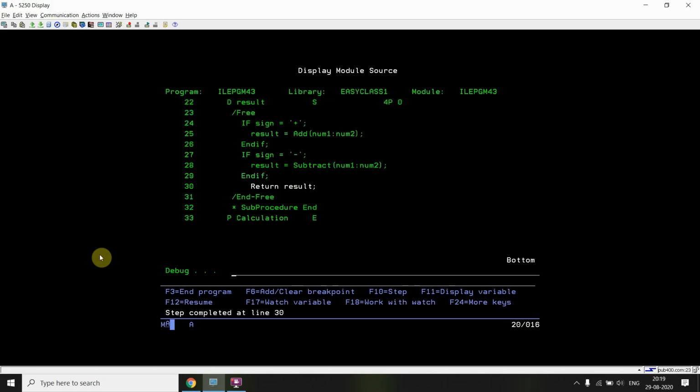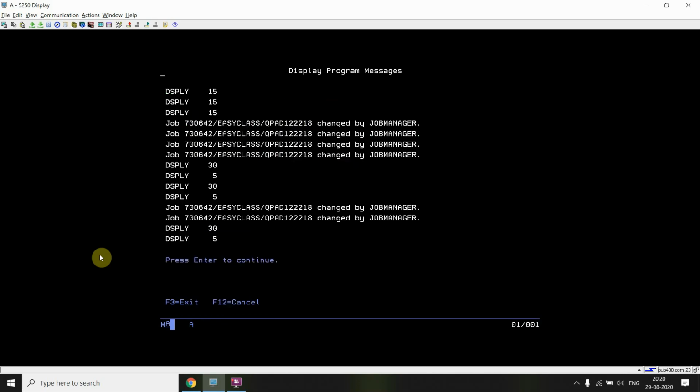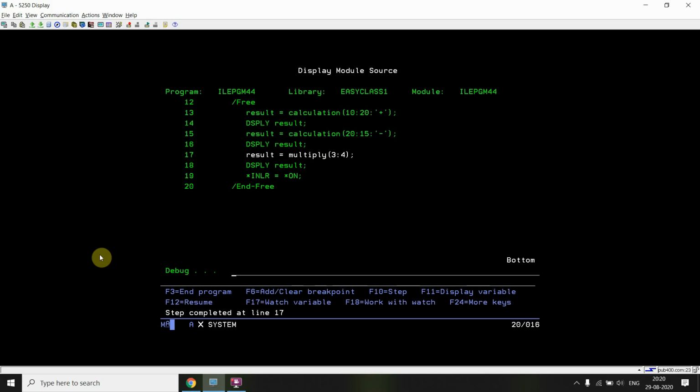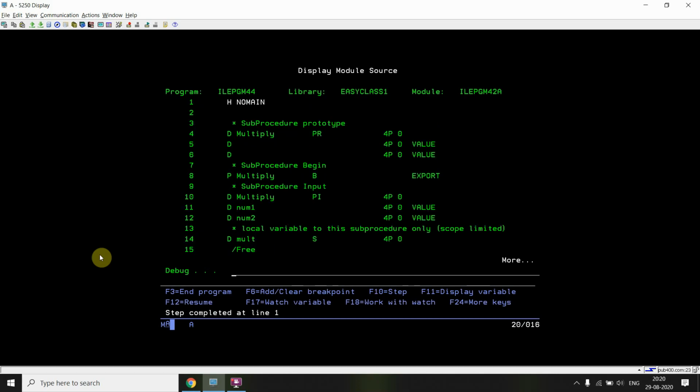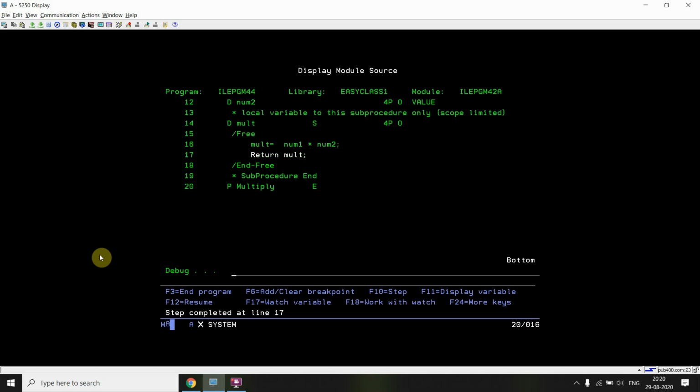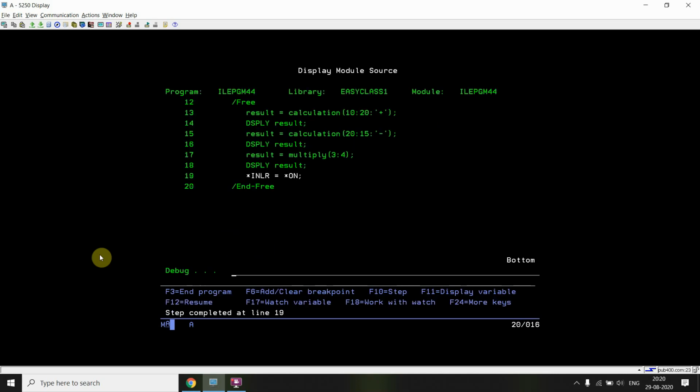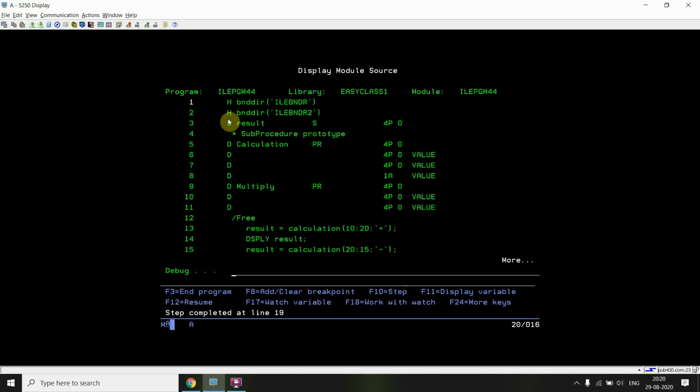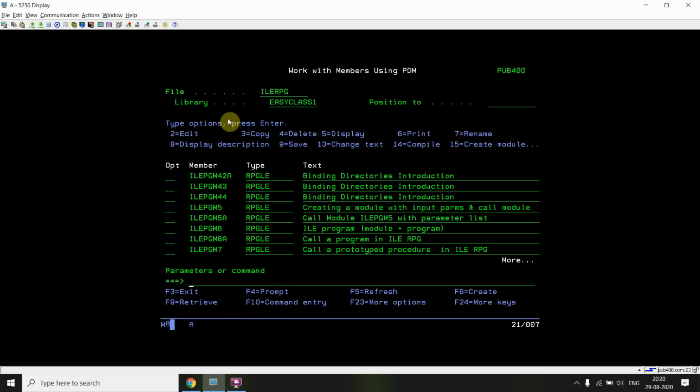Then it will return the difference to us that will be displayed. Then it will go for the multiply sub procedure in the ILE PGM42A module, which is bound using the binding directory ILE BNDR2. So yes, we can see that we can bind multiple binding directories in our source program.